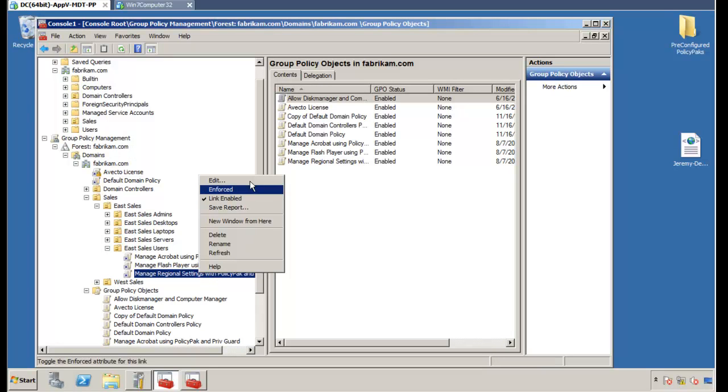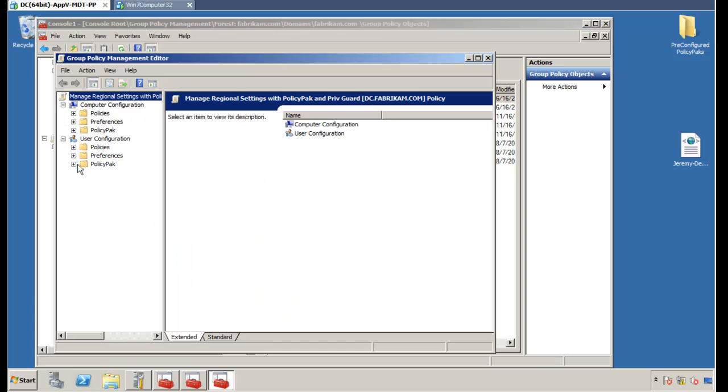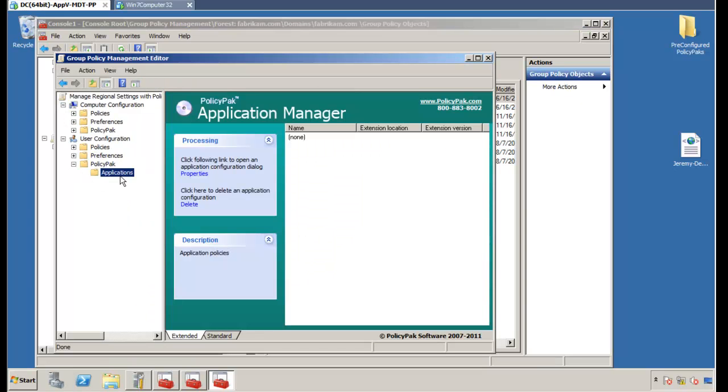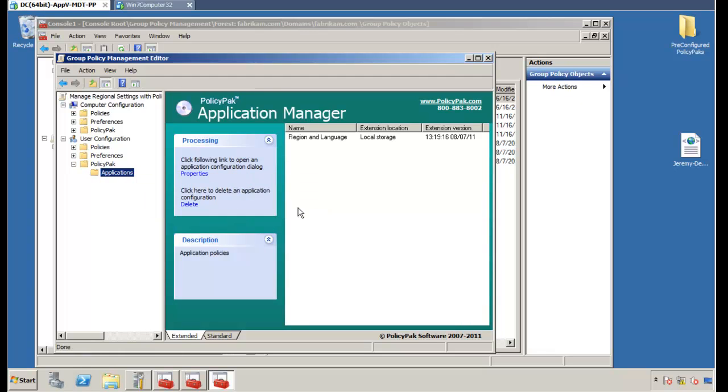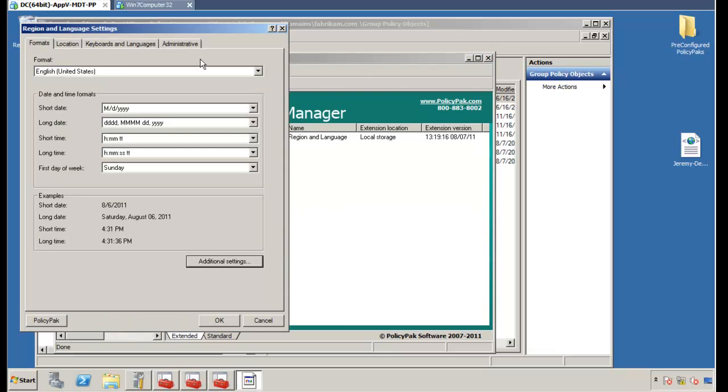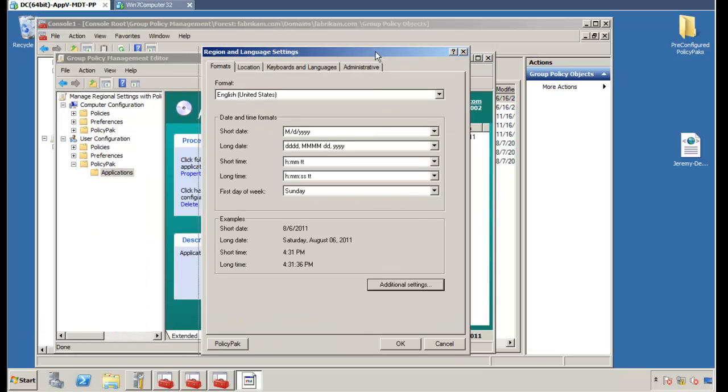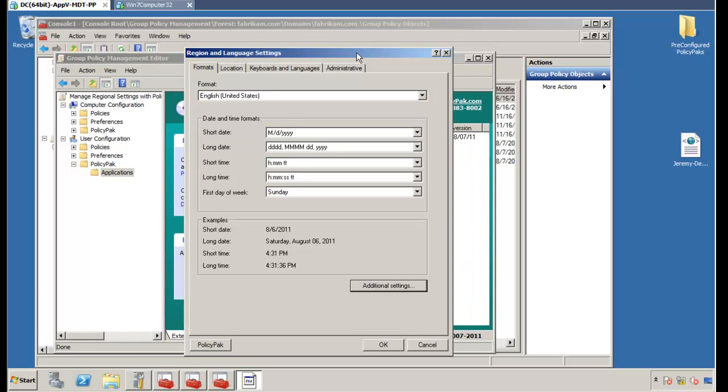So we'll right click over, click edit. We'll dive down under the user side and under PolicyPak applications. Let's just do all the PolicyPak stuff first. We'll go ahead and select PolicyPak for region and language options here. And again, this is not a pre-created one. I might make it available soon, but this one took me a whole 5 minutes to create in our PolicyPak